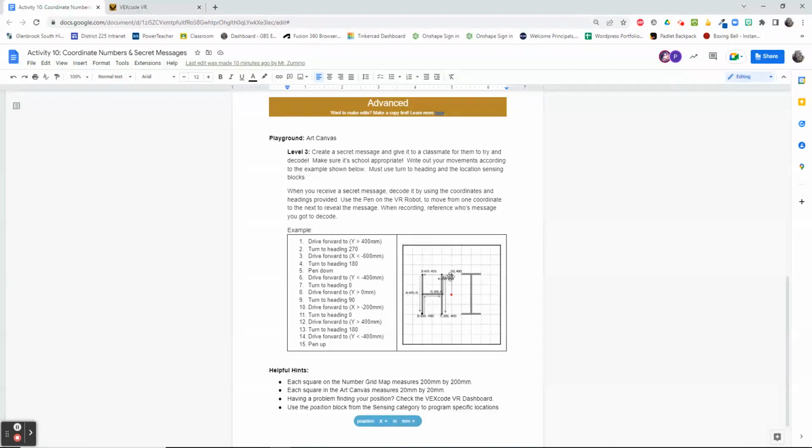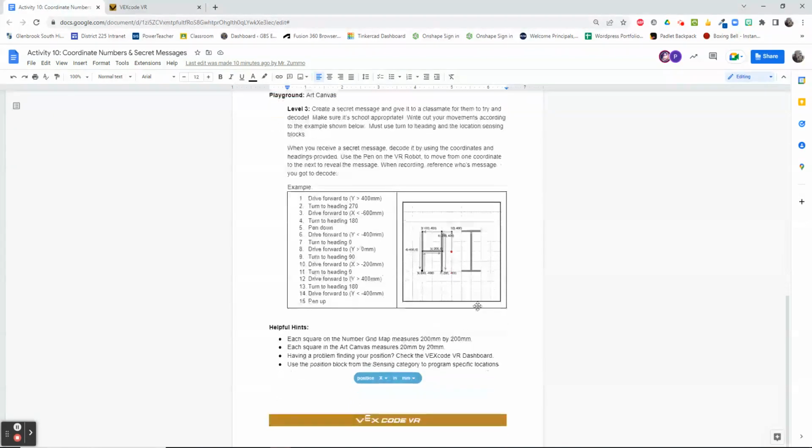I just provided an example over here illustrating what it would turn out to be saying if I were to go through all of this information. It can be a simple hi, hello, a catchphrase, nothing too crazy. It doesn't have to be 5, 6, 7 letters long. It doesn't even have to be letters. It could be a smiley face or something like that. Whatever you want your secret message to be, as long as it is school appropriate, please. And then this is the position sensing block that you're going to be using,